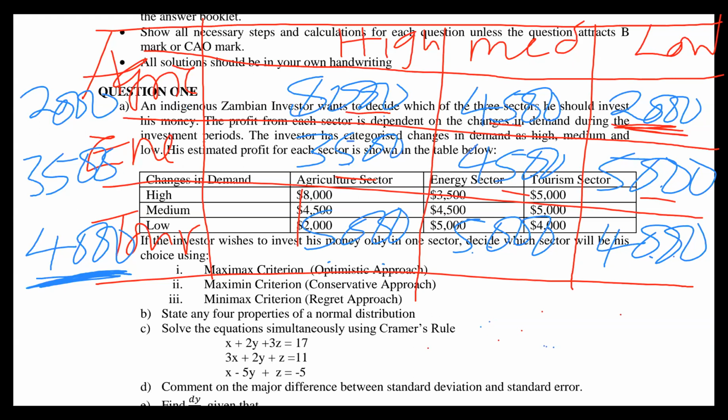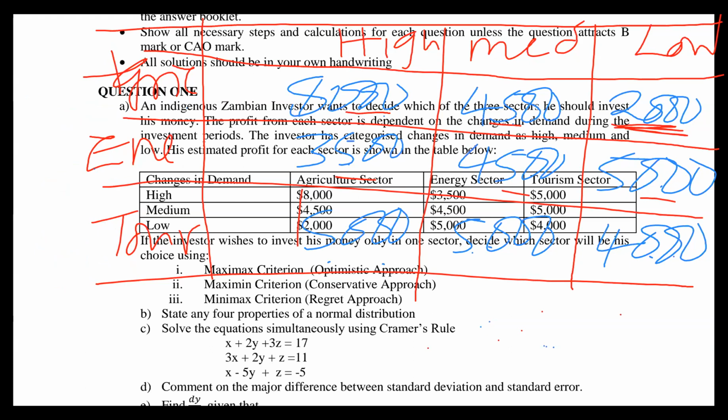We move on to the third one. Which one is which? The min-max criterion or the regret approach, right? The regret approach. So with the regret approach, what you need to do is to first form what is called